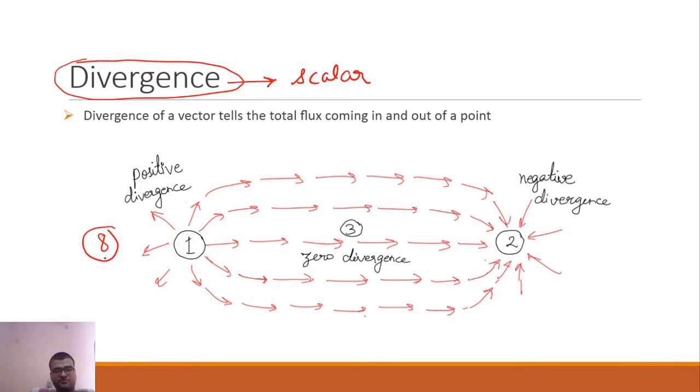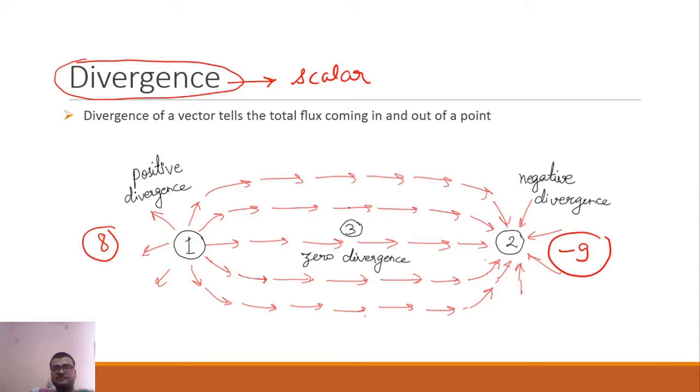I have chosen this number 8 intelligently, see, I have counted these arrows. Only 8 arrows are coming out of this point 1. And here if we find out the divergence, you will get the answer -9, because as you can count, 9 arrows are getting inside this point. So this is what we come up with: whenever you find out divergence, if the divergence is positive, we can say that all the arrows are coming out of this point, or the flux is coming out of this point. And if you get the divergence as negative, that means all the arrows are only going inside.